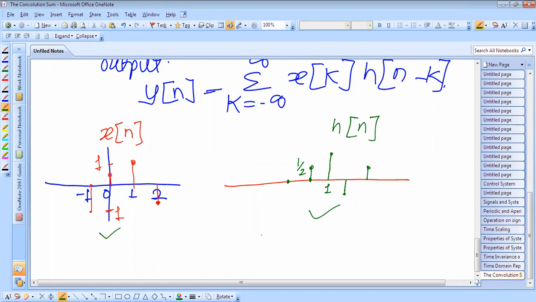Okay, so the output component is obtained by shifting the impulse response. We have to shift this impulse response according to the input x of n, shifting the impulse response by k units, like this: h of n minus k. We shift this impulse response by k units in time and multiply it by x of k, and then we get the output. How? Now we'll see.